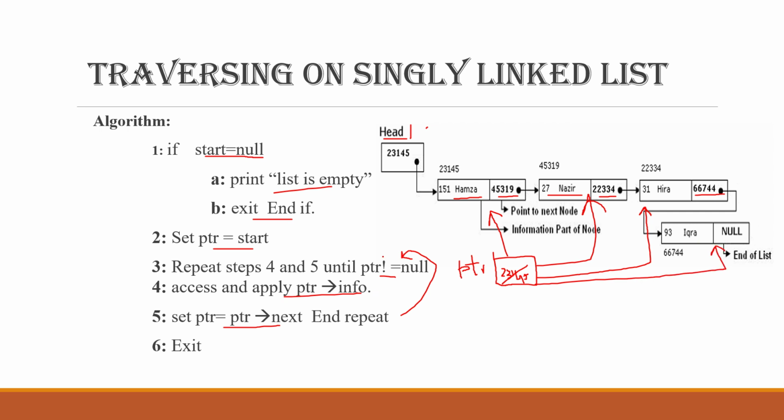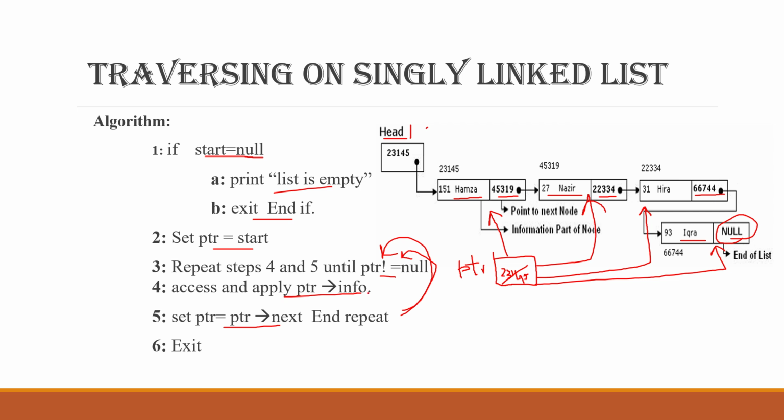Here we again check pointer is not equals to null. Yes, condition is true and we now again assess the information of this node, that is the name of this person. Again we assign pointer is equals to pointer next. That means this null is now assigned to the pointer. Now again check the condition,